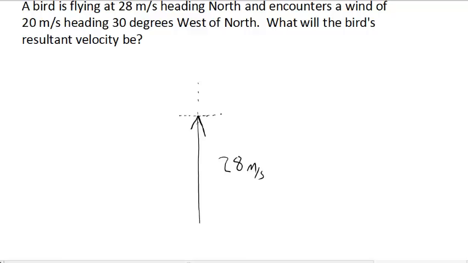So this is going something like that, and I don't think I did a very good job with the angle or the scale, but it shouldn't matter because we're calculating things out, as long as you're close. Okay. And that will be our resultant velocity. I can put R for resultant velocity. Okay, and we know the wind is going here at 20. Alright, so